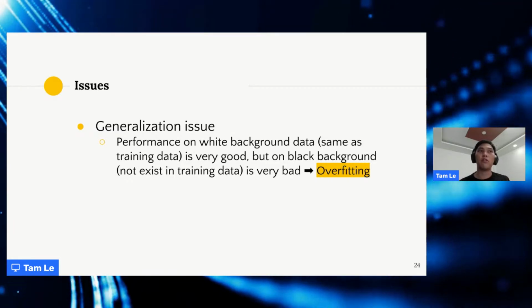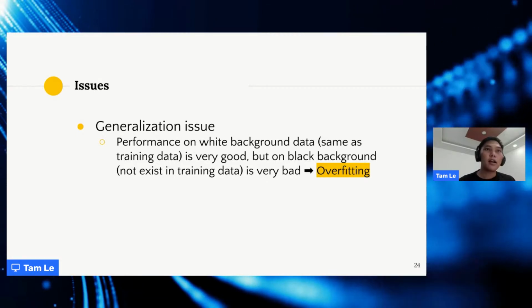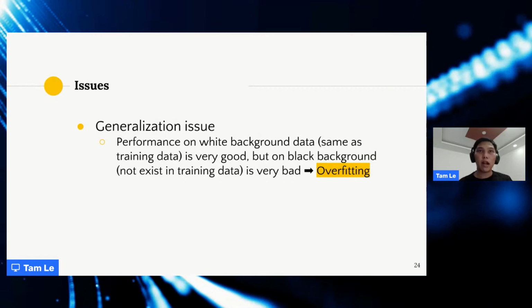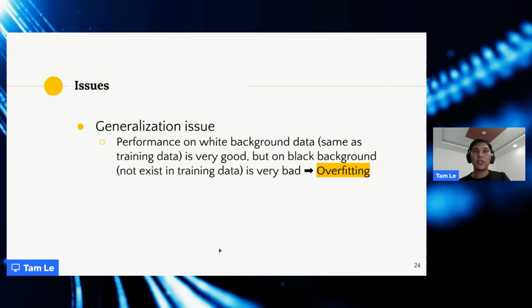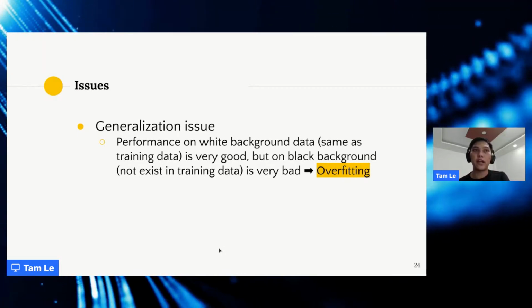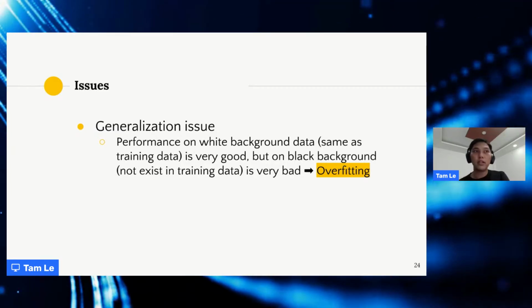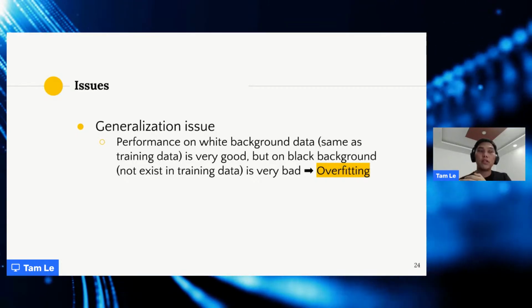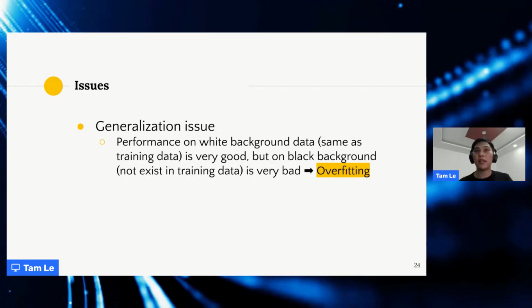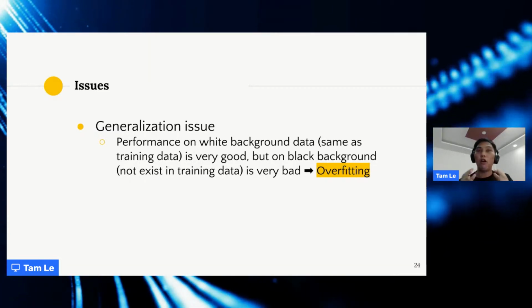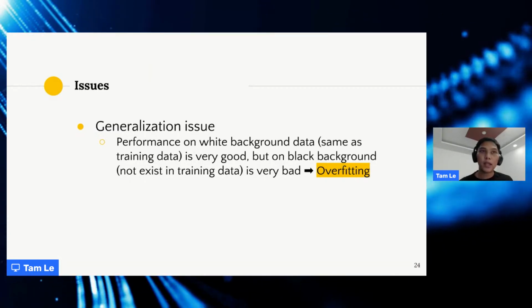It's the generalization. The performance of the model on white background data, which exists in the training data, is very good. But on other backgrounds, for example black or green, which don't exist in the training data, it is very bad. So this indicates that the model is overfitting to the data we have.